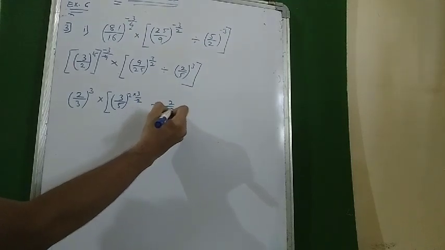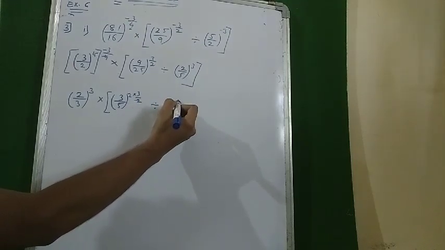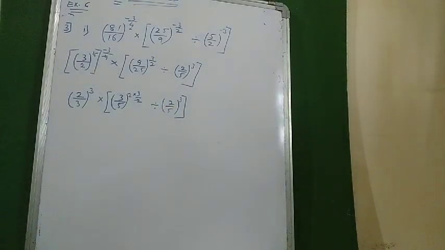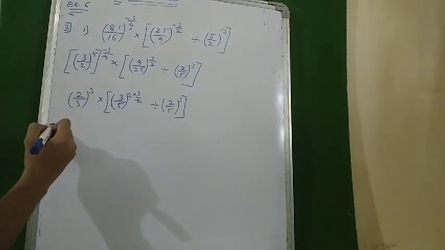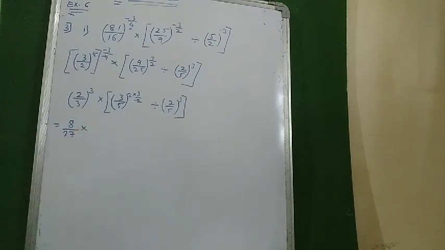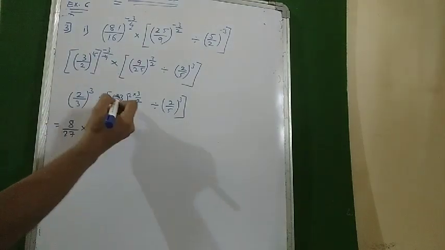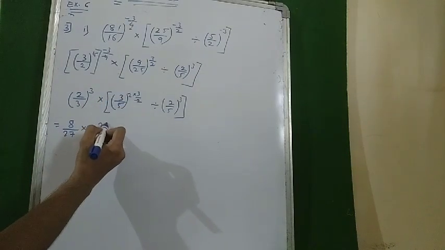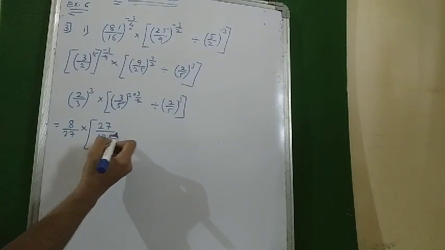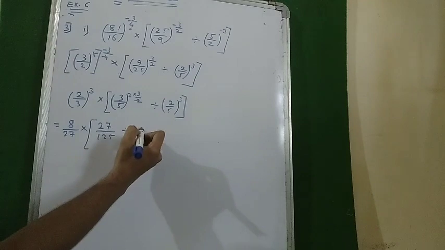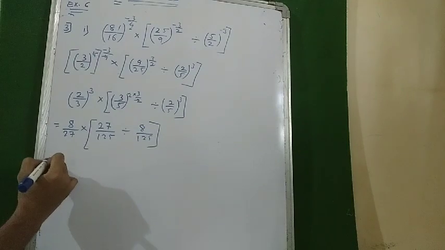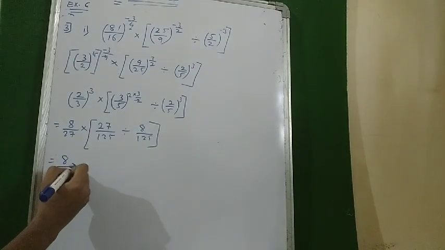Divided by 2 upon 5 whole raised to 3. Okay, I hope you are understanding it. So 2 cube is 8, 3 cube is 27, multiply by. So 3 cube is 27, 5 cube is 125, divide by 2 cube is 8 and 5 cube is 125. Okay, so I'll write 8 upon 27 as it is, multiply by